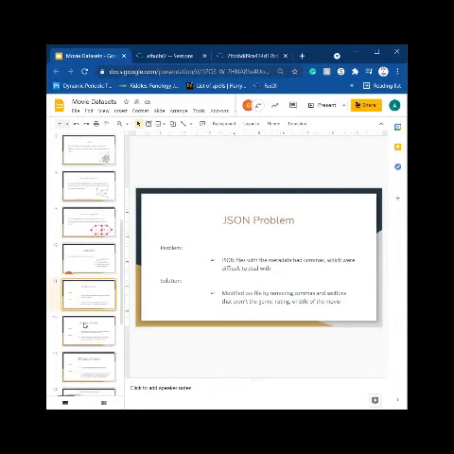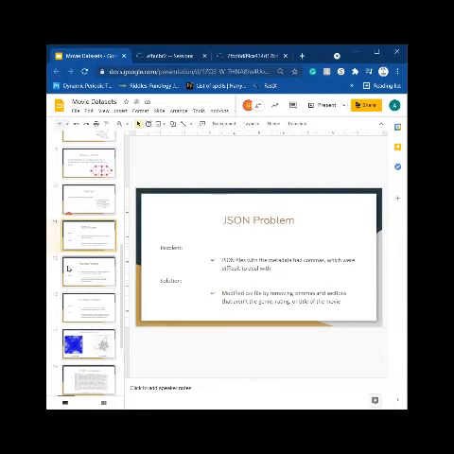So the first problem was the JSON problem. The JSON files with metadata for the movies, which had the ratings, the genre, and the title of the movie, were files we got online. They were initially JSON files which had commas in them, and this was incredibly difficult to deal with when we tried to print them out and read from them. And so the solution was that we modified the CSV file by removing commas in sections that aren't the genre, rating, or title of the movie so that it's easier to deal with.